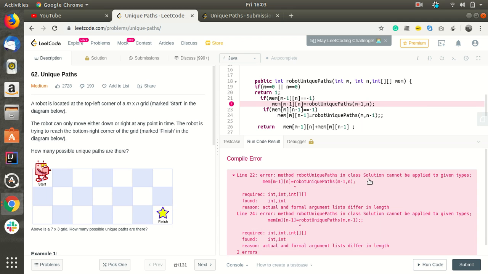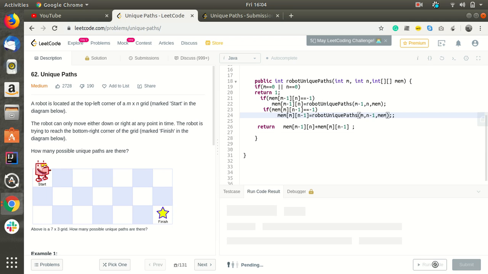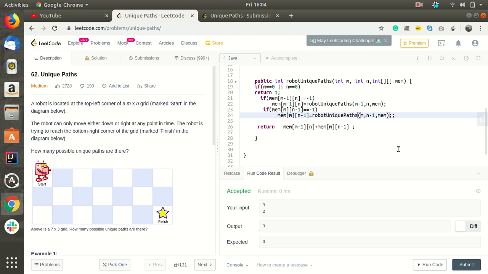Method robot unique path in a class cannot be applied. Okay, sorry, I forgot to pass the memory array. So let's call it. It is getting accepted. Let's submit it.